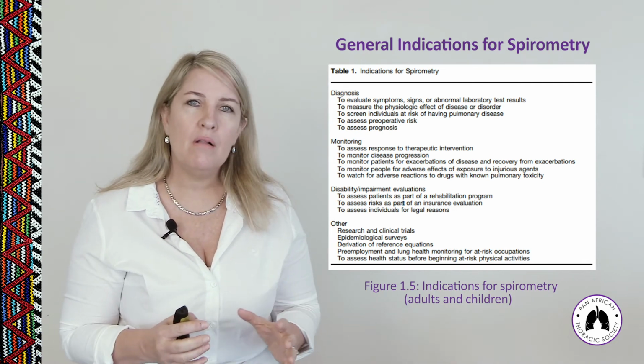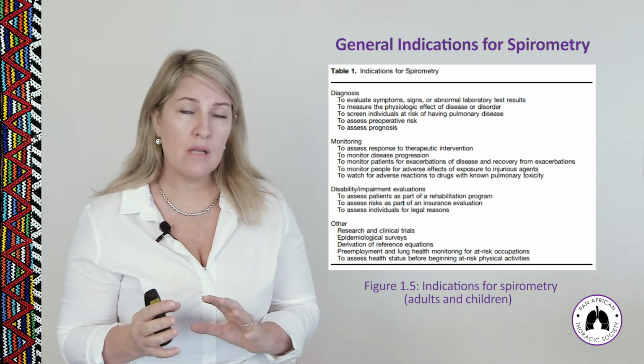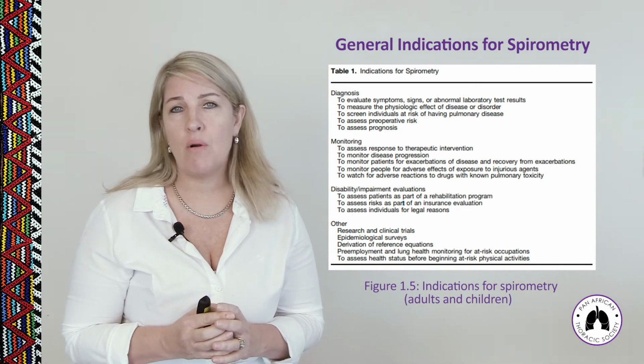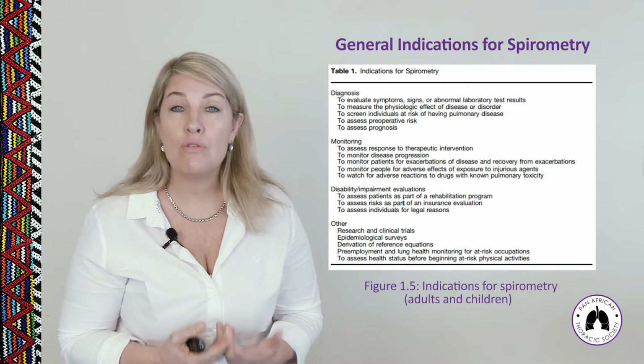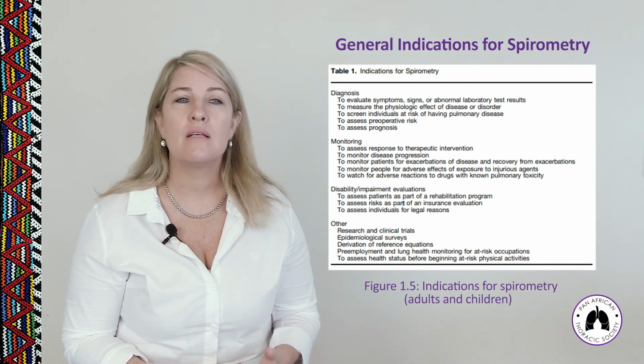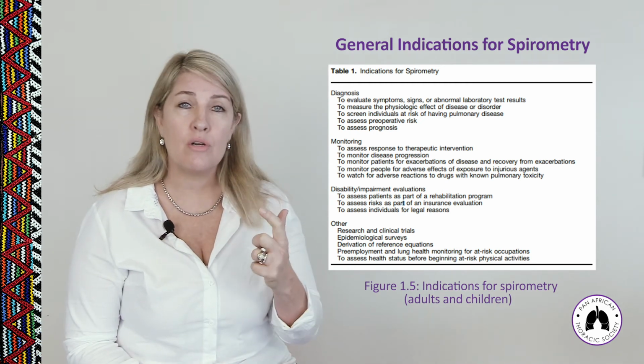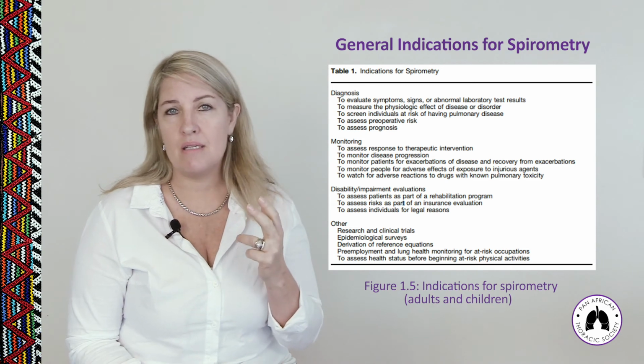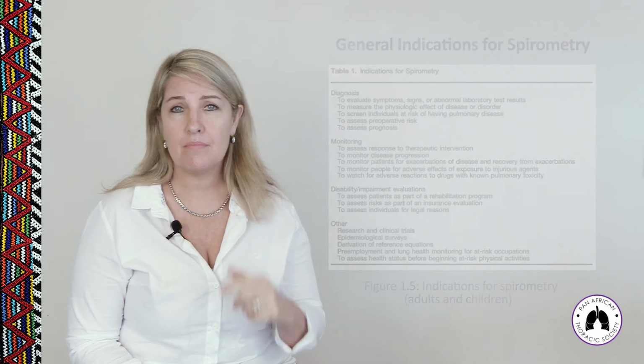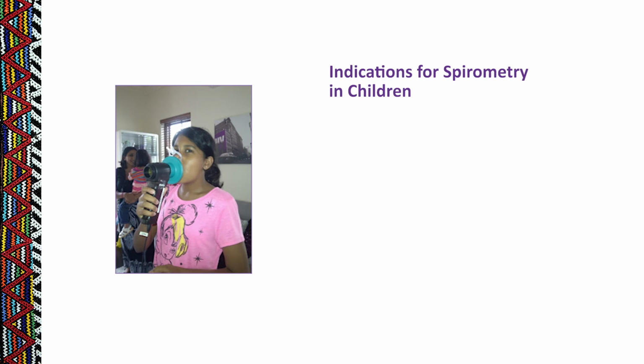So for all people, whether it's adults or children, these are the indications for spirometry. These are some of the reasons that we would do spirometry under those 4 headings, being diagnosis, monitoring, disability impairment evaluations, and other. Then specifically for children, children are tested for the following reasons: to assess chronic cough and wheezing